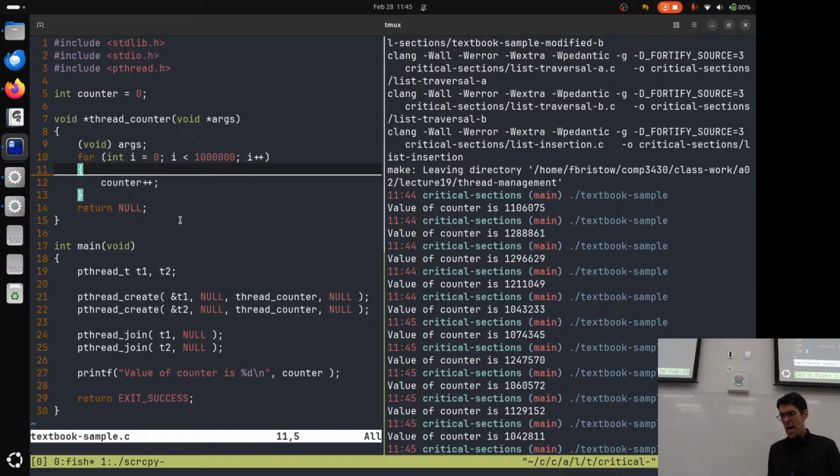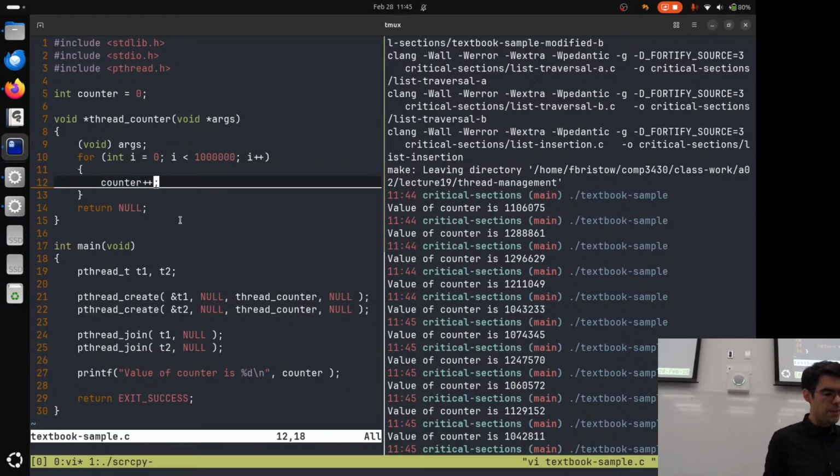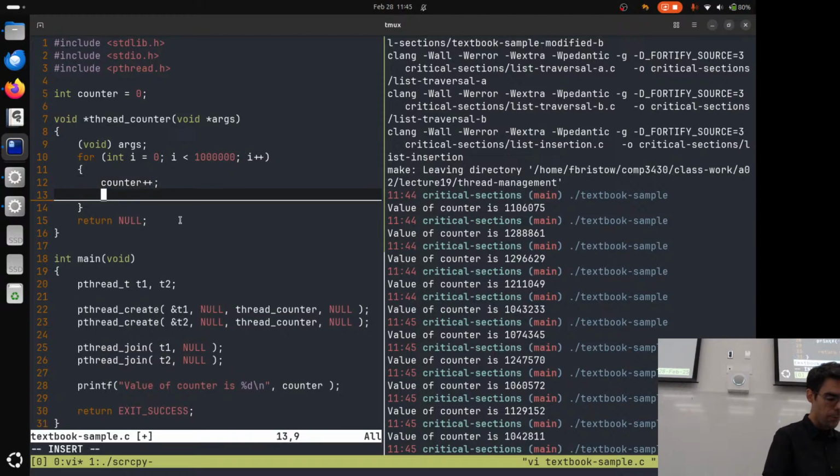So yeah, this has a critical section in it, and it has a race condition. The race condition that we're looking at in this code is on this line specifically, on line 12. Counter is this file scope variable, and we're trying to make changes to it by updating its value. So we copy the value it has right now, we add one to it, and we put it back. This is the same as counter is equal to counter plus 1, and this is 3 separate operations: load,